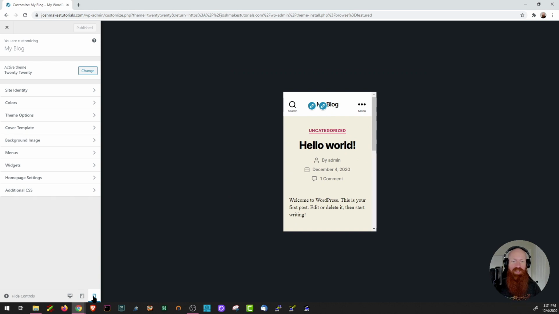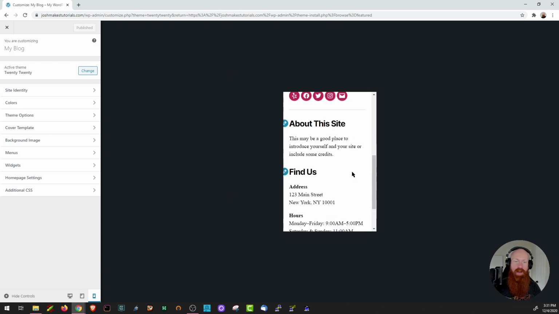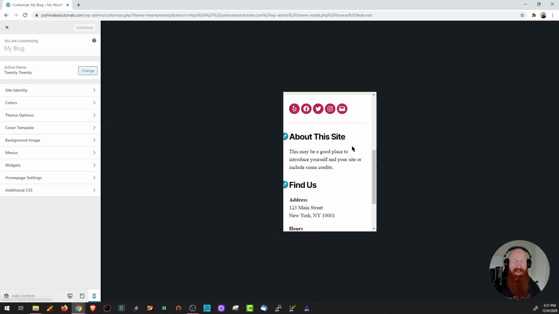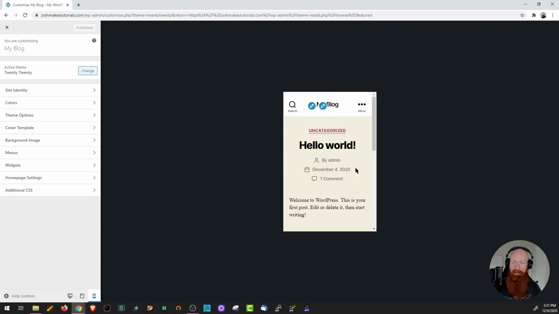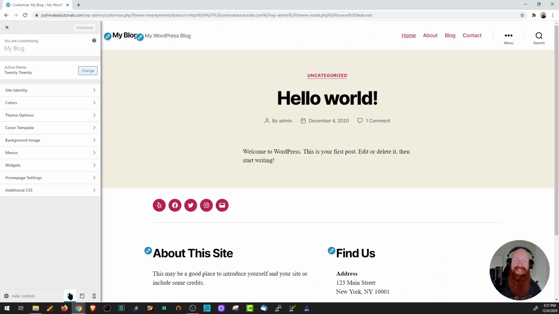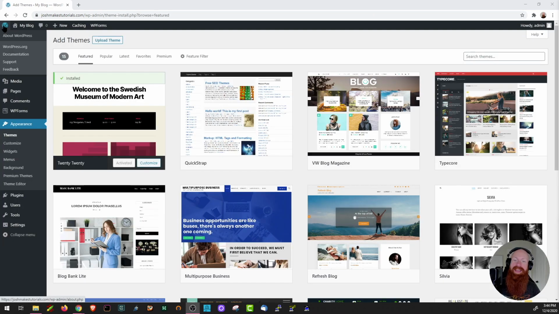As you can see, the screen changes, and now I can scroll through and see exactly how my site would look on someone's mobile device. You can scroll through, click on different icons, and actually get a feel for how it's going to act. You can do the same thing for a tablet, and then click back to the desktop to see exactly how it's going to look like on someone's computer screen. Now, this is the customizer, and we'll get to this in a different video, but you'll always have the option to publish if you've made any changes here, or you can click the X to take you right back to the WordPress dashboard.